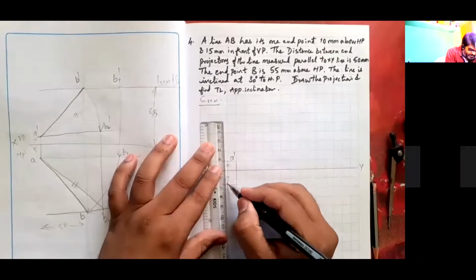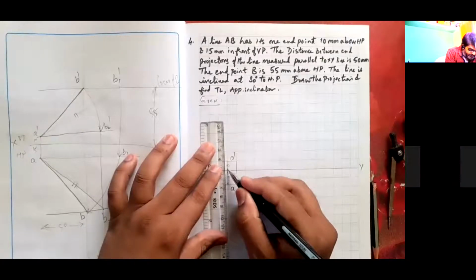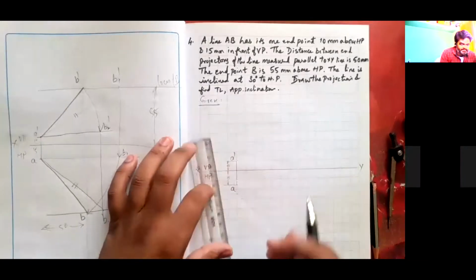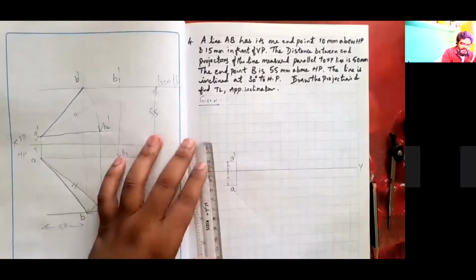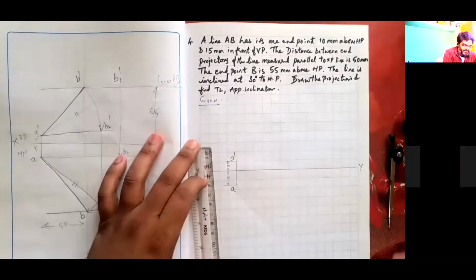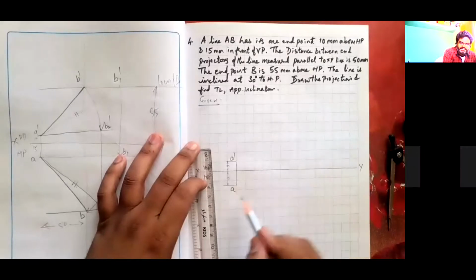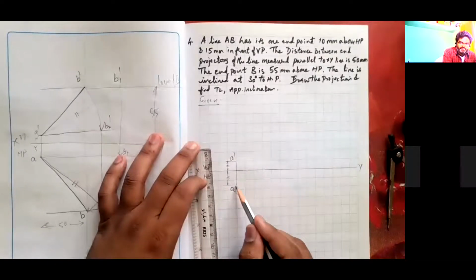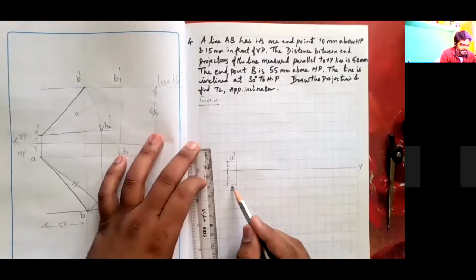Mention 10 and 15 with this sharp pencil so that my dimensioning will be appropriate. Don't simply roughly dimension 10 mm. This dimensioning line has to touch the extremities, this extension line. This arrow mark has to touch this extension line.